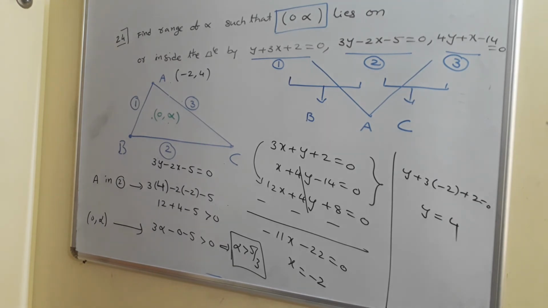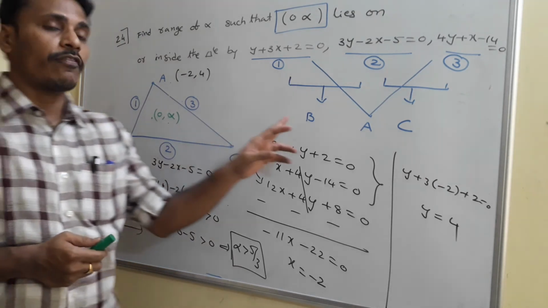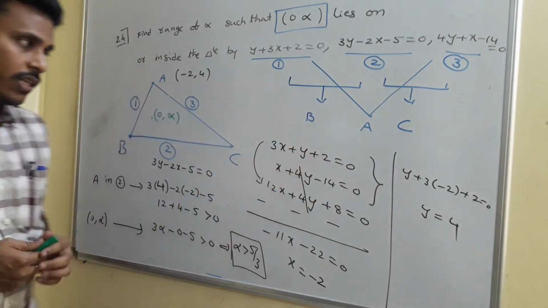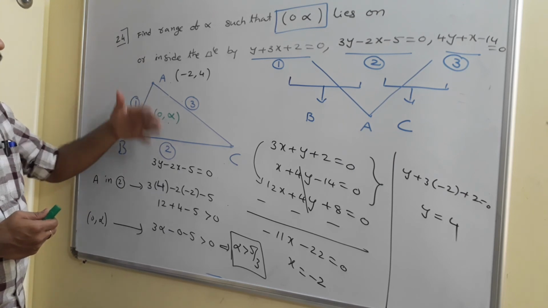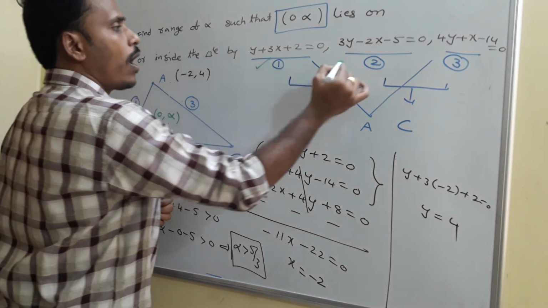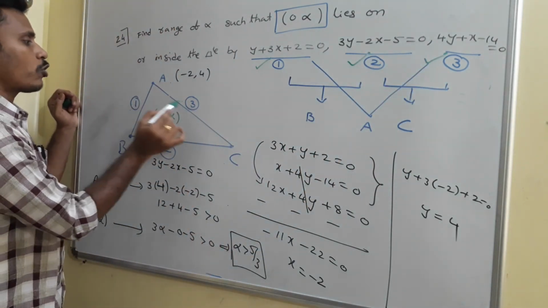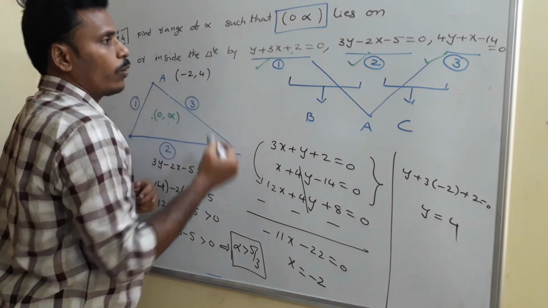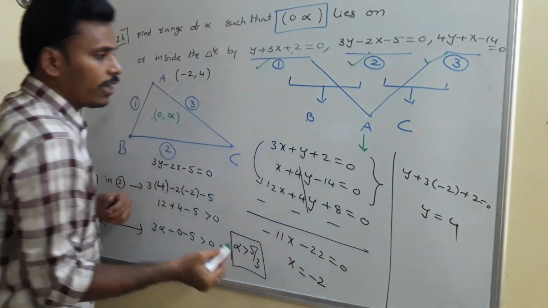As I told you, you need to solve the given lines 1, 2 and 3 to get the values of A, B and C. As per the plan, after identifying the points A, B and C, you just apply the same direction for each and every line. First of all, I have 3 lines as I told you, 1, 2 and 3. As per the diagram, the point of intersection of 1 and 3 is A. So this is line 1, this is line 3. If you solve these 2 lines, you will get that point A.